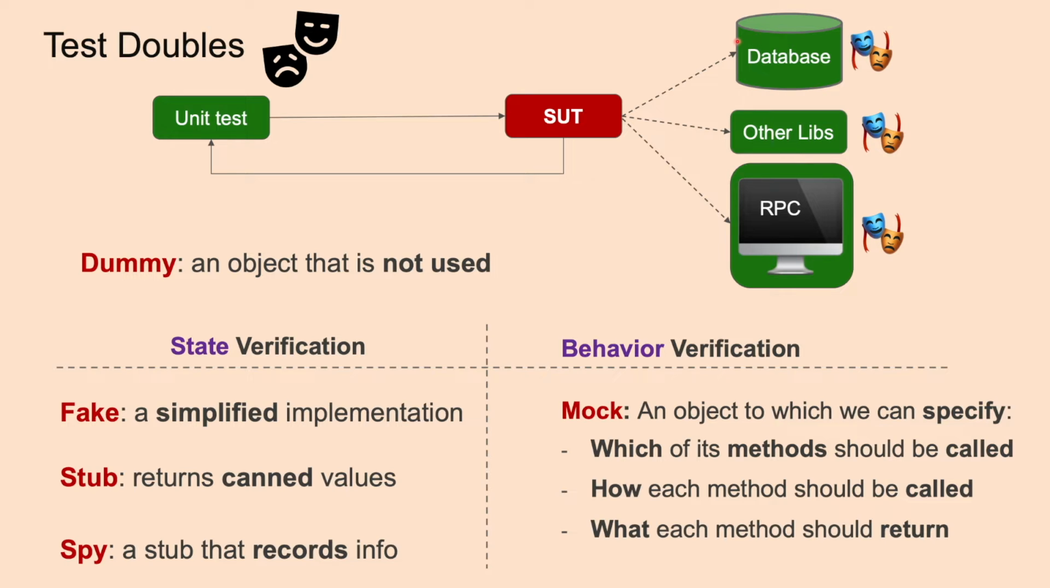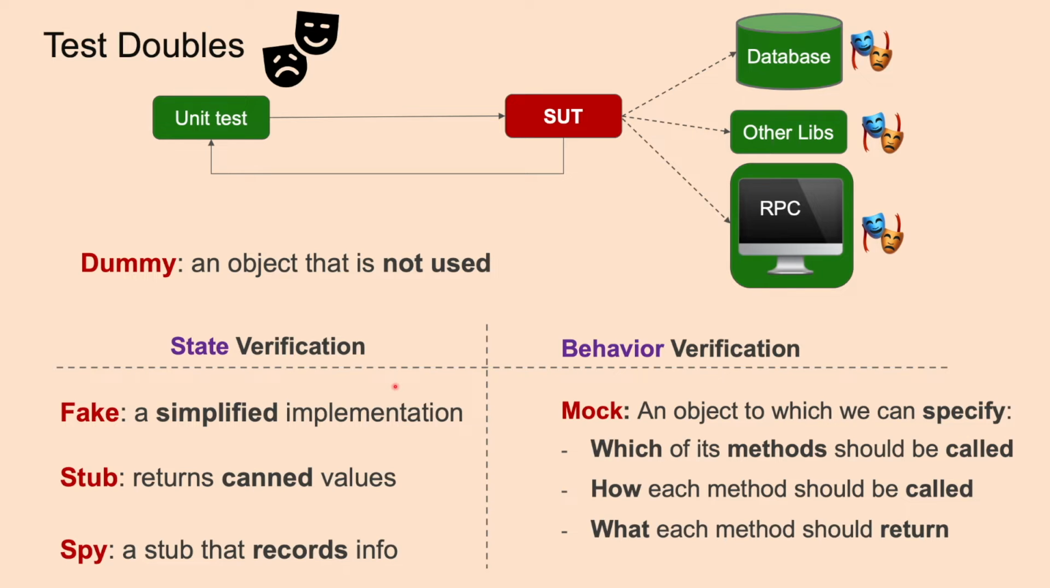In general, when you replace your real object, your real collaborators, with something that is not real, that something is called a test double. A test double can be a fake, a stub, a spy, or a mock. In this context, mock has a very specific meaning. Now, to understand what this specific meaning is, let's first mention that there are two